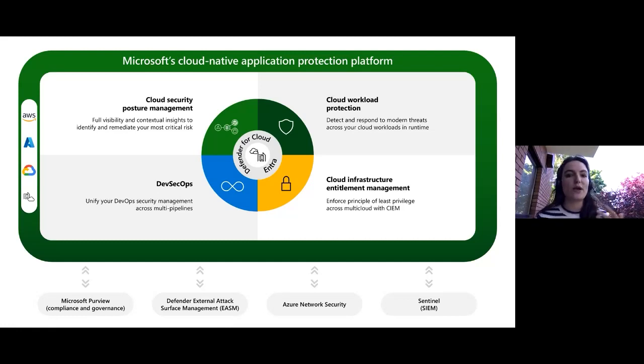When you originally think of where Defender for APIs sits within Defender for Cloud, you would think that it sits in the cloud workload protection, alongside all of the other Defender for Cloud plans that we have: Defender for storage, Defender for servers, Defender for containers. That means that we're looking to detect any threats in your environment, so any threats on your APIs. But actually, Defender for APIs doesn't fit just that bucket. It's also part of the cloud security posture management pillar as well.